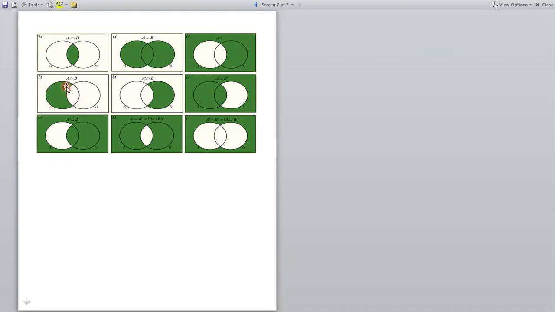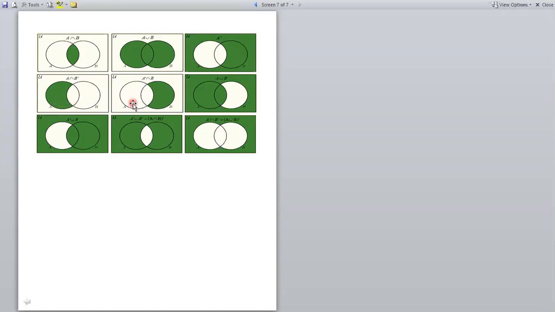So we find that this section is common to A and B complement. This total circle contains A, and B complement means the outside of B. After that we apply the intersection, which is common to A and B complement. This green shaded part is common to A intersection B complement.